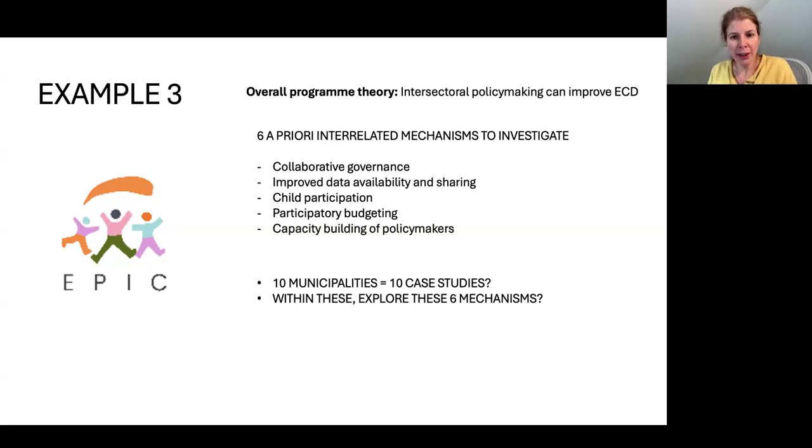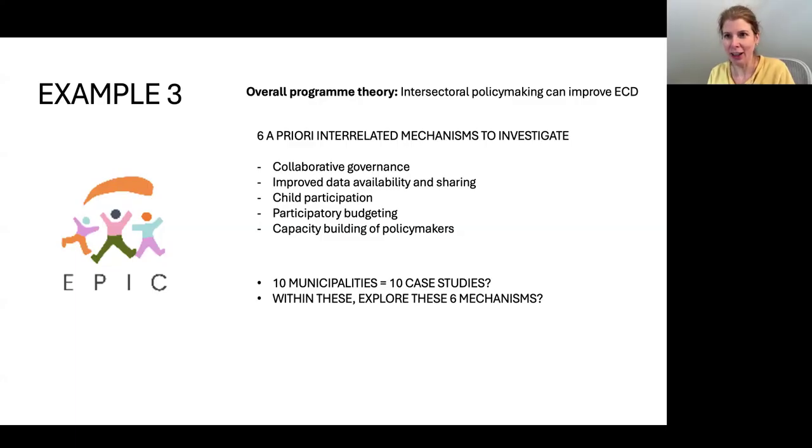So if we think about our municipalities as cases, as Sarah was arguing earlier on, does that mean then, for example, that we have 10 case studies? And does that mean that within these case studies, we could explore these six different mechanisms and the contextual requirements to activate them and the different kinds of outcomes that they generate? Maybe. All of these are important questions because as you can see, this case study analysis is quite time and